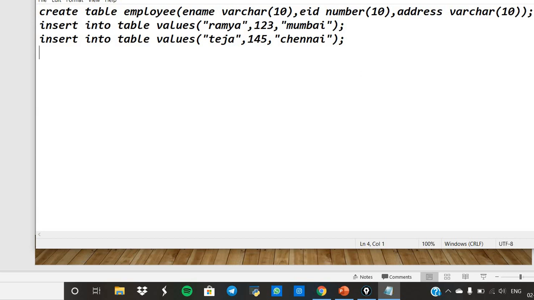Then after insert, if you want to see the database, it will show all the tables that are there. Next, if you want to display, you will use select star from the table name, I've given employee.